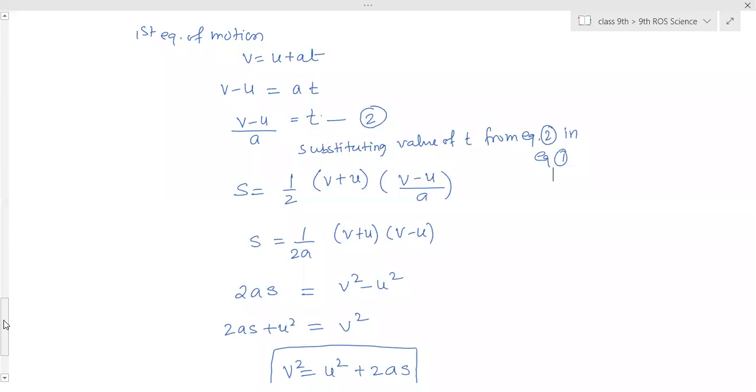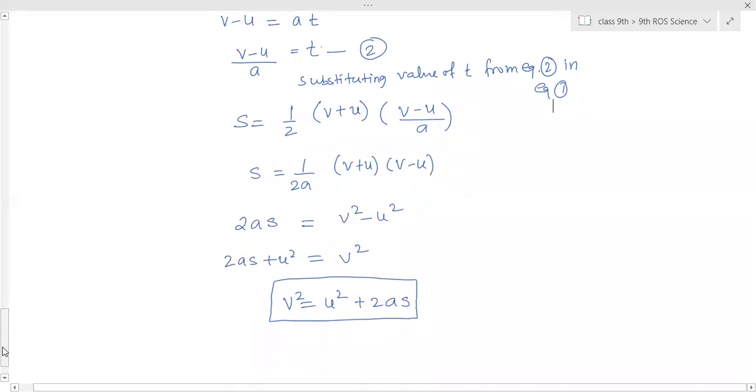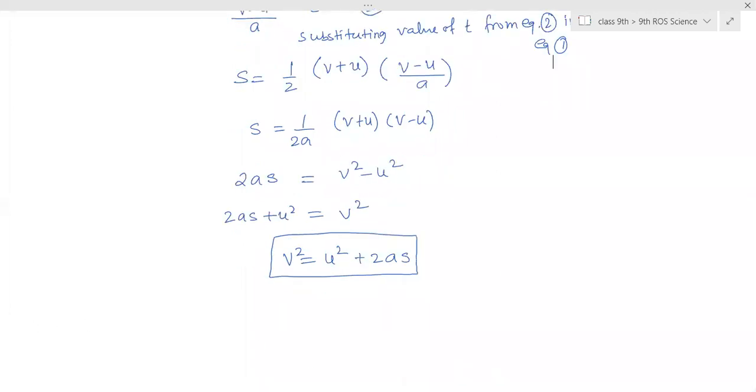Now these equations of motion we have to use and find out the different values asked in the questions. So numerical problems. Theory part of this chapter is done. There is no theory after this. So there are only numericals left. So we have to solve the numericals based on these three equations of motion. One second, let me copy the questions.